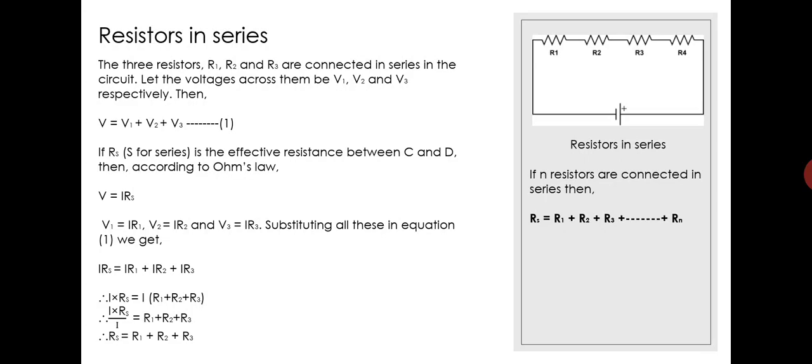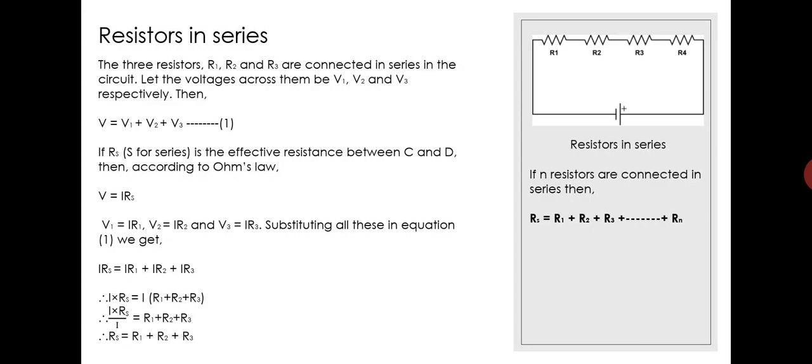Let us study resistors in series. The figure shows resistors which are connected in series in an electrical circuit. You can see that the ends of the three resistors are connected so that they follow one after the other in a single line. These resistors are said to be connected in series. In such an arrangement, the same current flows through each resistor. The value of current is I and the potential difference is V.